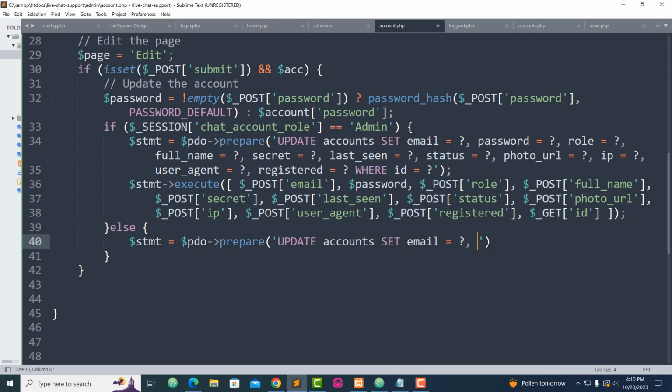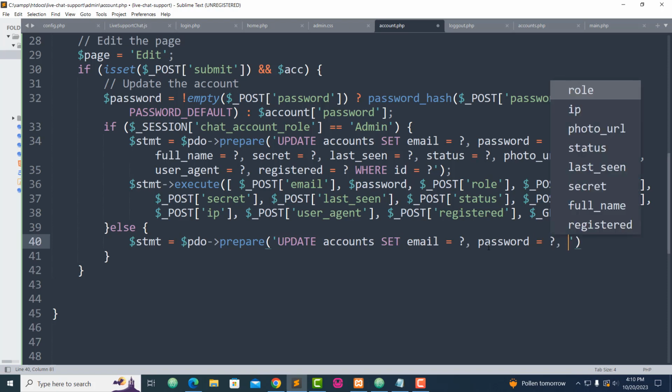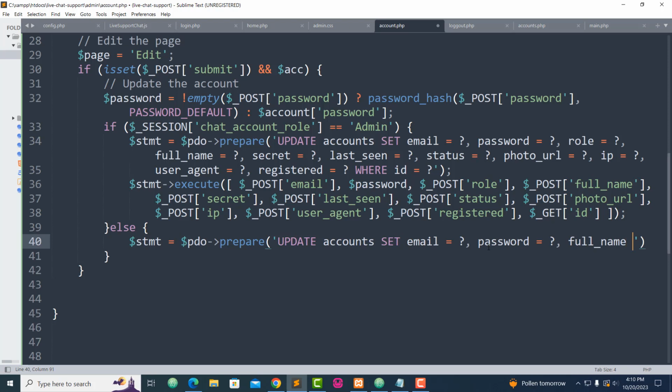Set email equal and password, full name, and then blank. Okay, full name, and then we bring this down,